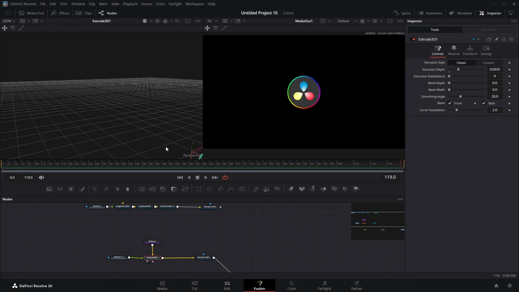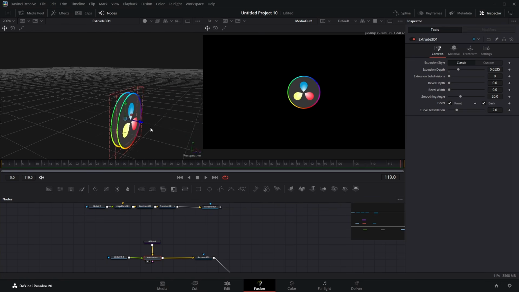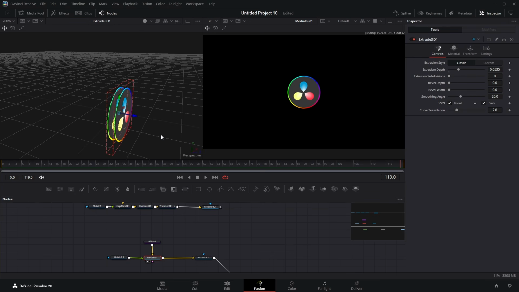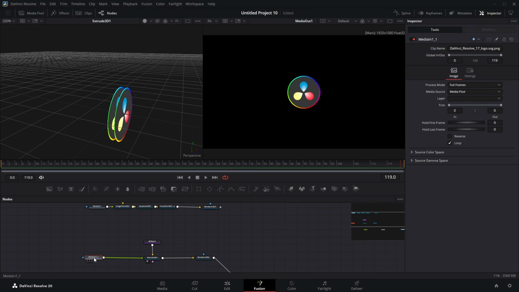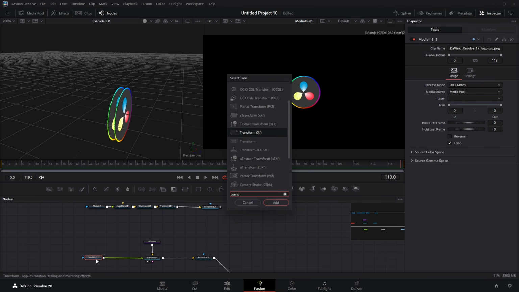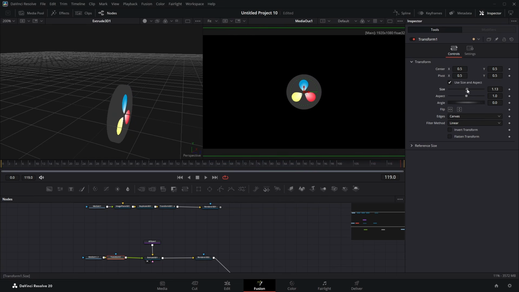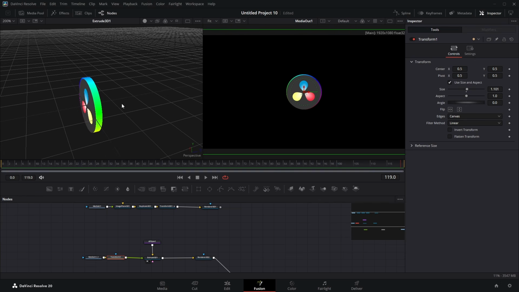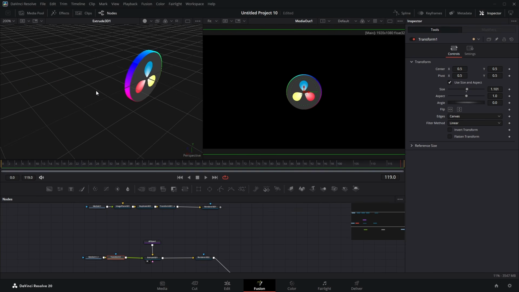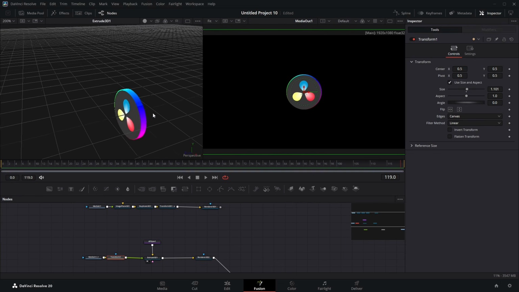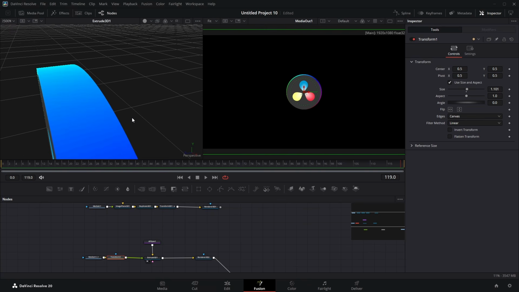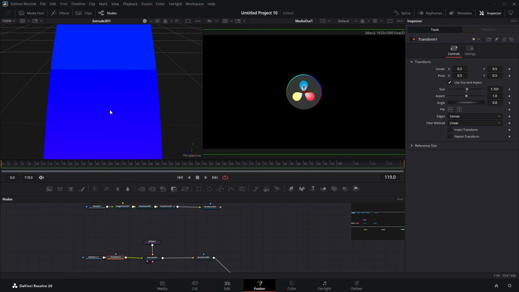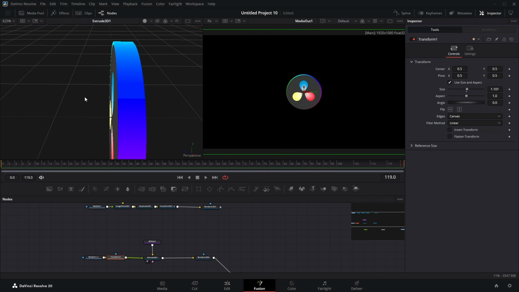Now that we have extruded it, as you can see, there are just two PNGs, one behind the other. We can fix that by going to our media in node and then adding a transform, just increasing our size to something like this. And then again we have our 3D logo, 3D icon, but we do not have those see-through lines like with